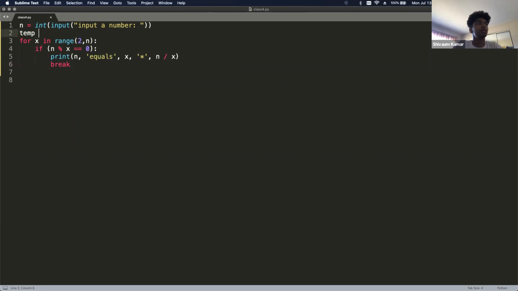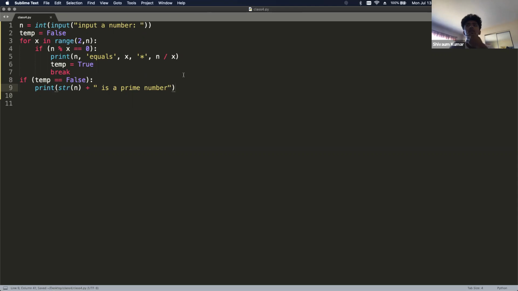Oh, so we actually did include a Boolean variable. Boolean again, remember guys, is a true or false. So here we go. If temp is equal to false, oh yeah, so this was our prime number example from last time. Just to confirm guys, this is what you guys went over, right?